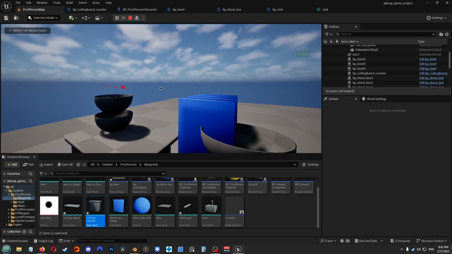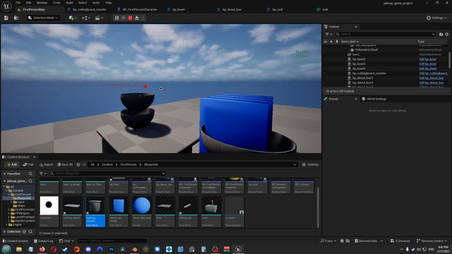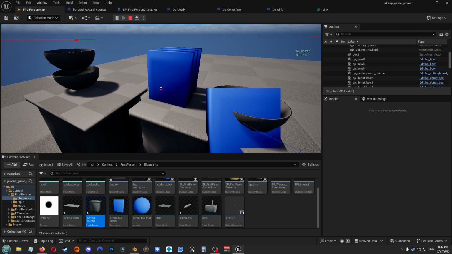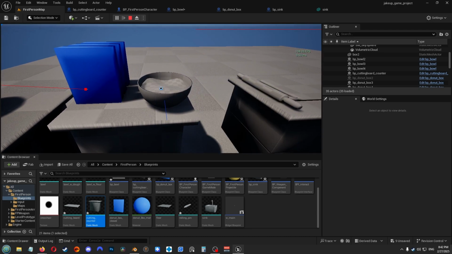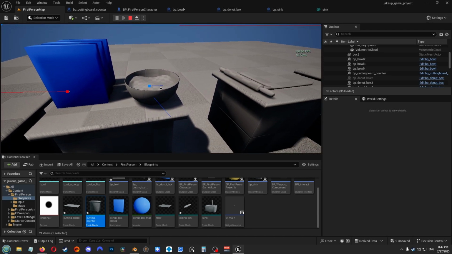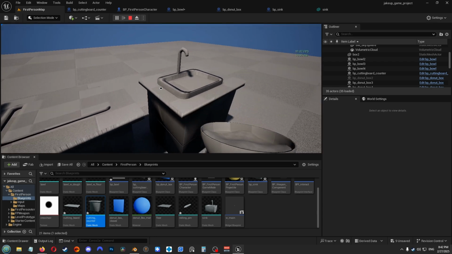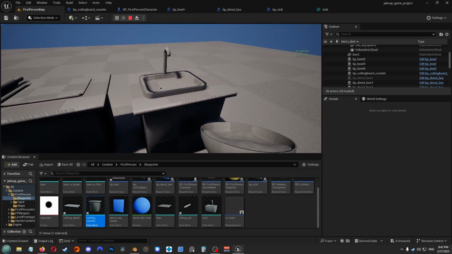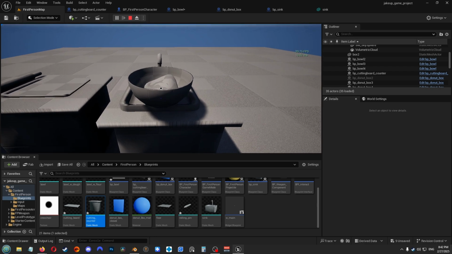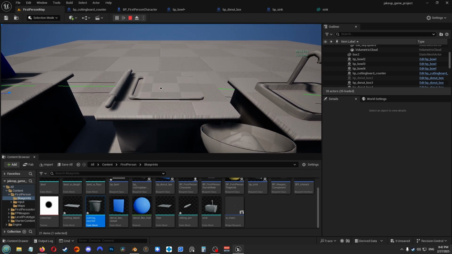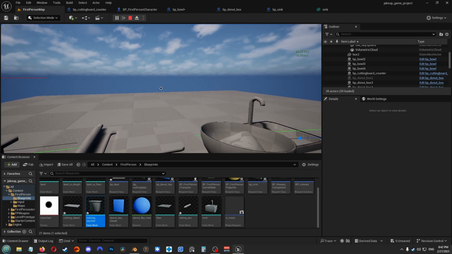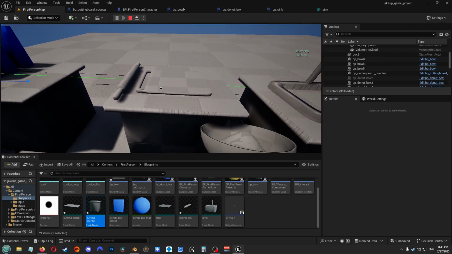My progress right now: you can grab a bowl. I made it so that the bowl has no collision when I'm holding it, so you're not knocking it over. Nice. Put that there, grab the box of flour, put that there, it fills it up to be a bowl of flour. Grab this, bring it over here to the sink. It's just a temporary thing. Turns into a ball of dough. And now what I want to do is make it so that when I'm holding a bowl with dough, if I click on the cutting board,